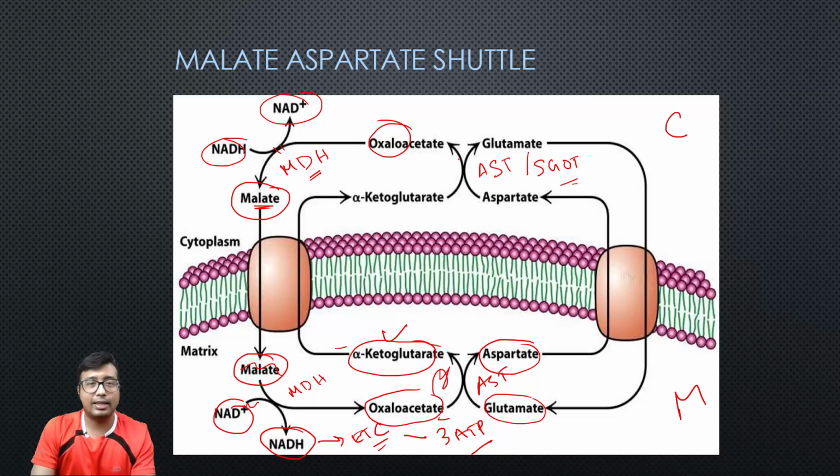Remember, in case of malate shuttle we have a transamination and the products of transamination are also reused, because glutamate can freely go into the mitochondria and it will get transaminated and converted to aspartate. Aspartate can again come into the cytosol and the chain is completed. But the point here to remember is NADH gets absorbed and it gets generated back as NADH and it can go into the ETC forming 3 ATP. But it was different in glycerophosphate shuttle.